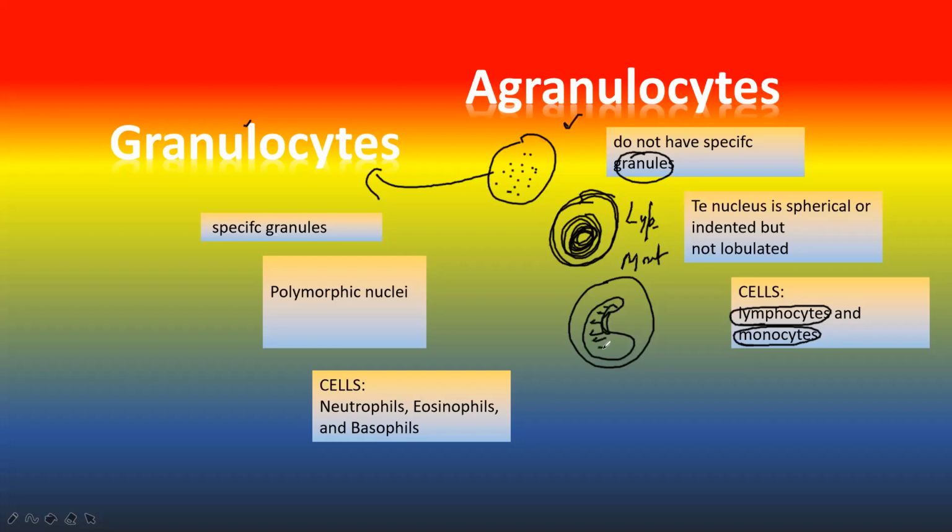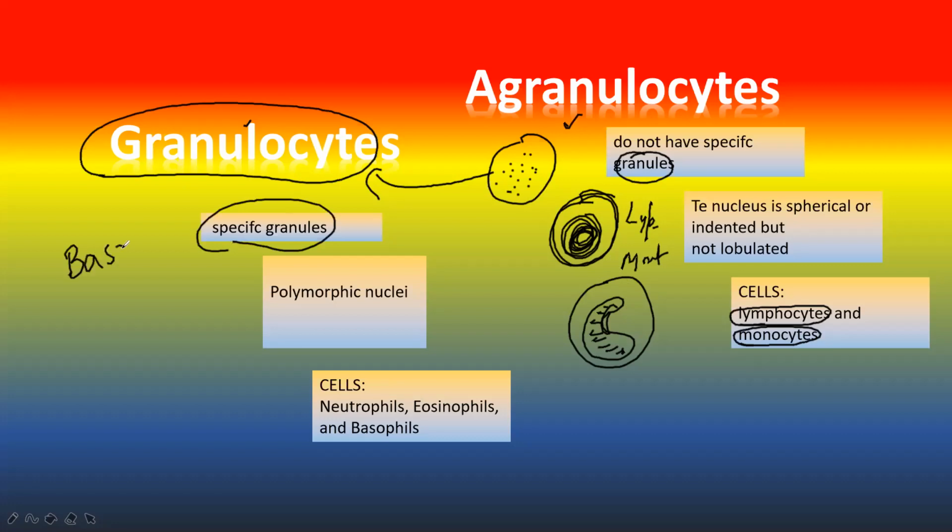What are the granulocytes? They contain specific granules: some have basophilic granules, some have eosinophilic granules, some have neutral granules. Basophils, eosinophils, and neutrophils. Okay, and another important thing,